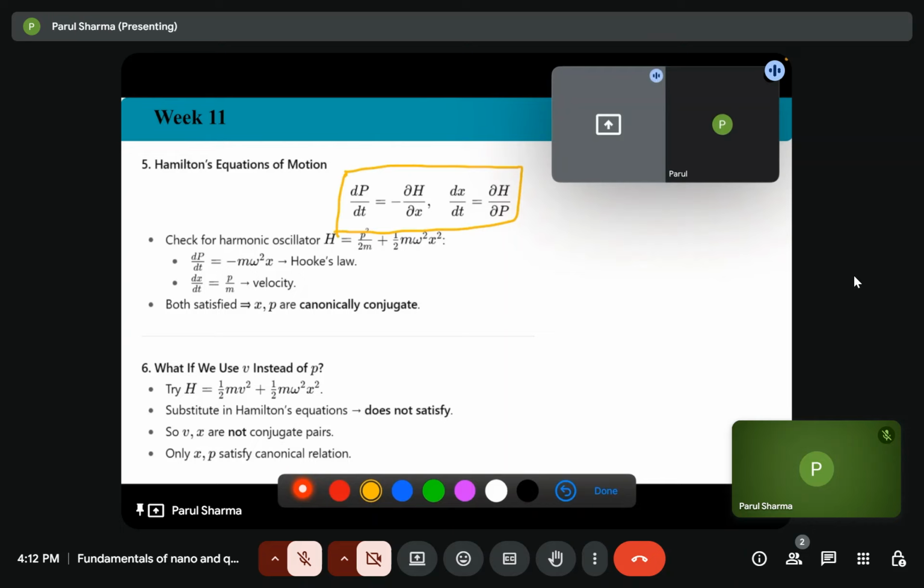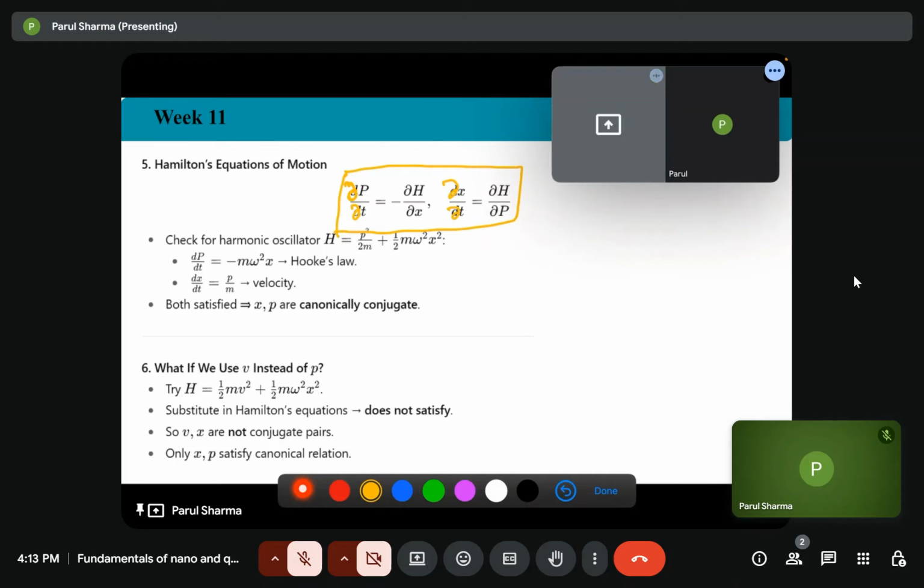so curl p by curl t is equal to minus dou H by dou x. Similarly, dou x by dou t is equal to dou H by dou p. Okay. Now if H is equal to p square by 2m plus half m omega square x square,